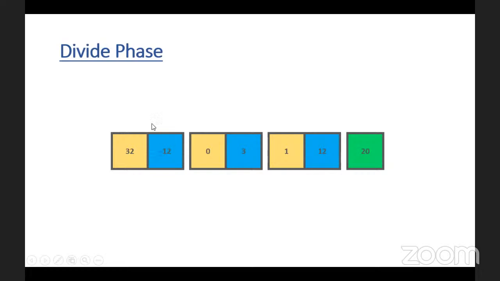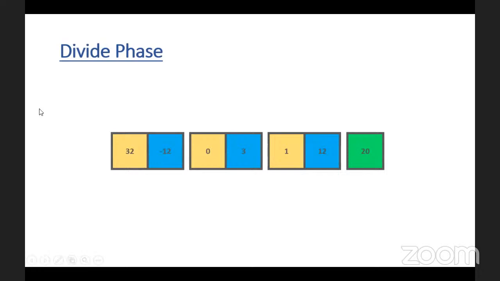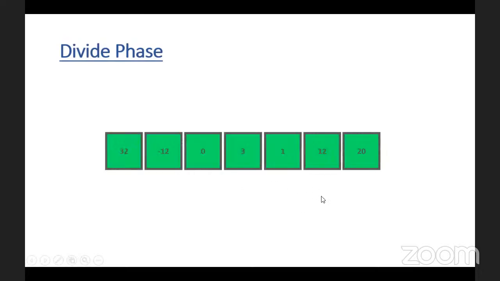0 plus 1 by 2 is 0 only, right? So this is 0, so that is the middle element. Then again, I'll split. So if I split all together, what happened? 32 is one element, minus 2 is one element, 0 is one element, 3 is another element, like this, right? I'm not sorting here. I just make it as split. So is this the resultant